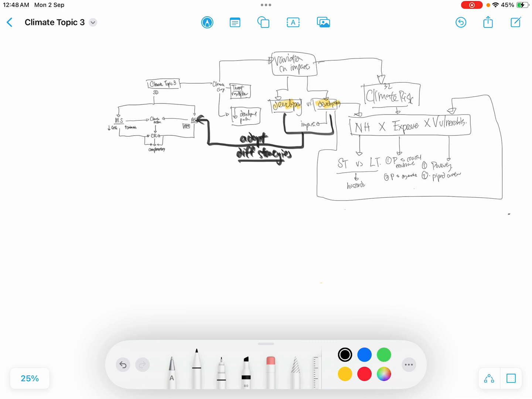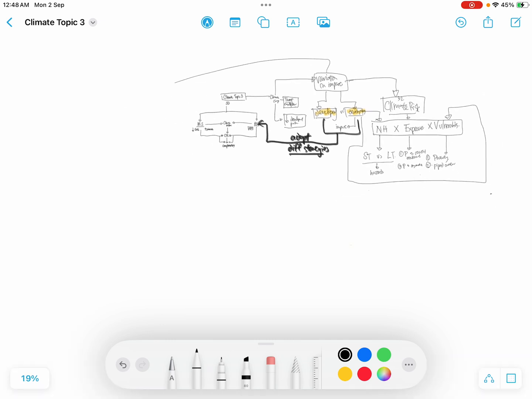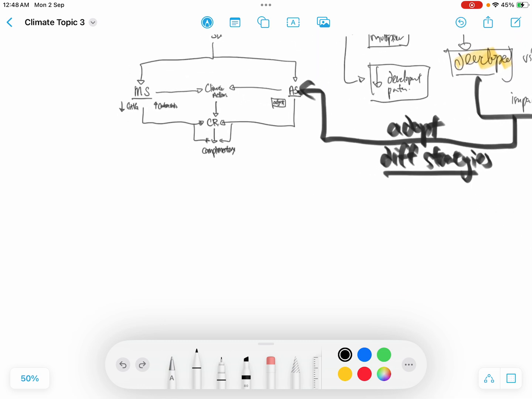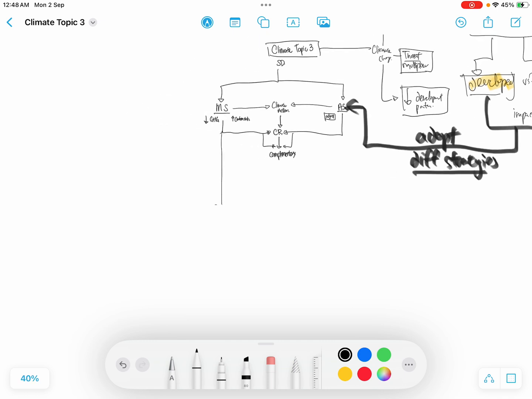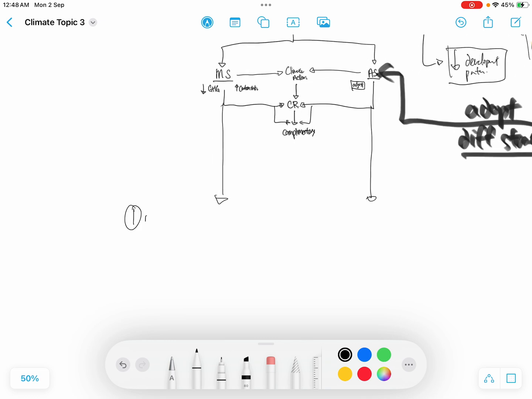So for 3.3, we're going to go straight into the different strategies already. Okay, the different strategies are pretty simple. Okay, I'm gonna just continue from here. So what are the different mitigation strategies and what are different adaptation strategies? We need to know this by heart. You need to know what are the strategies, how it works, who are involved, and more importantly, what are their limitations. Okay, so first of all, international agreements